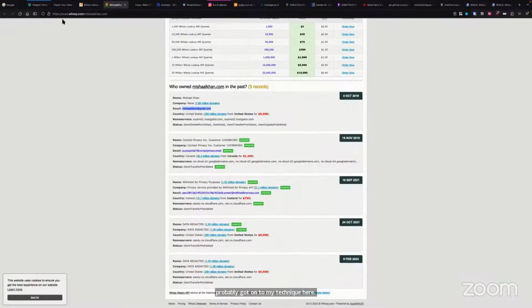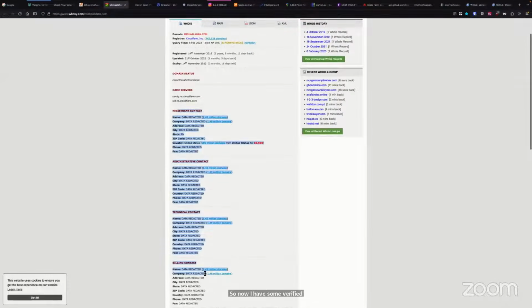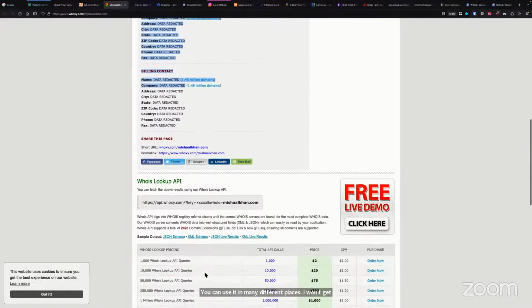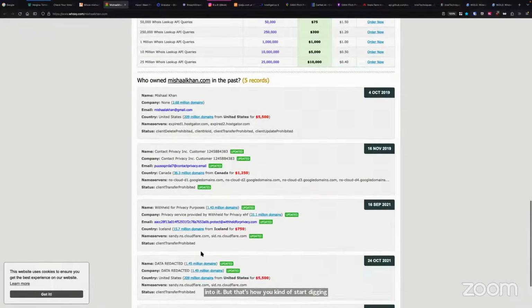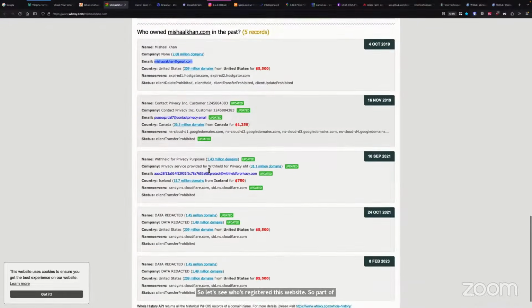But if I go to hooksy.com, I believe that's how you pronounce it, and you look at the records there, they give you historical records. So the current records are all, let me zoom in a little bit, all redacted. But right below that, and this is all the free version of this website, you'll see who owned this website in the past. So someone by the name of Mishal A. Khan at gmail.com owned this record. It's not me. I bought it after them.